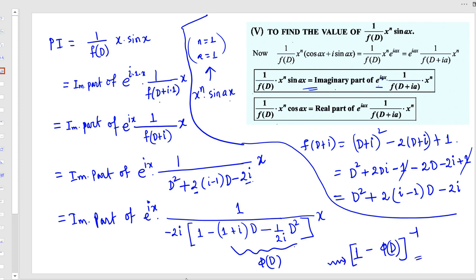Our aim is to make it of this form. So that is why we will write. The next step is the pi, it is coming pi equals to